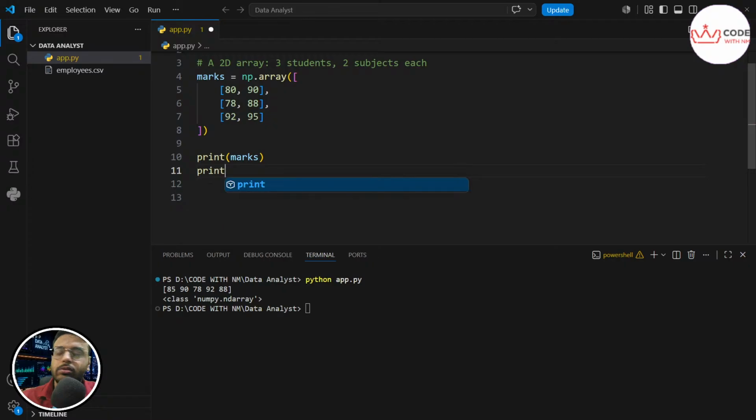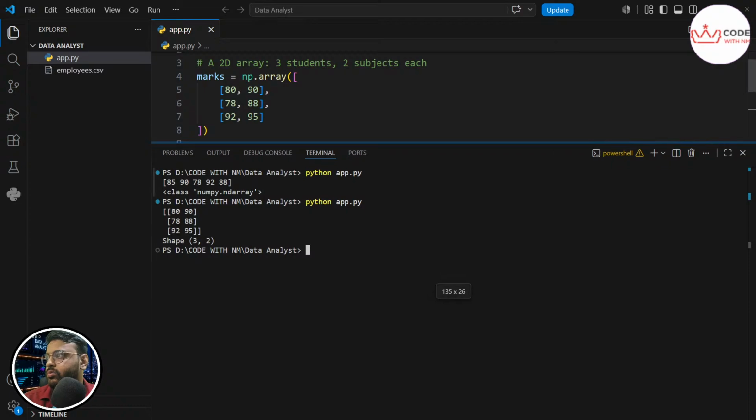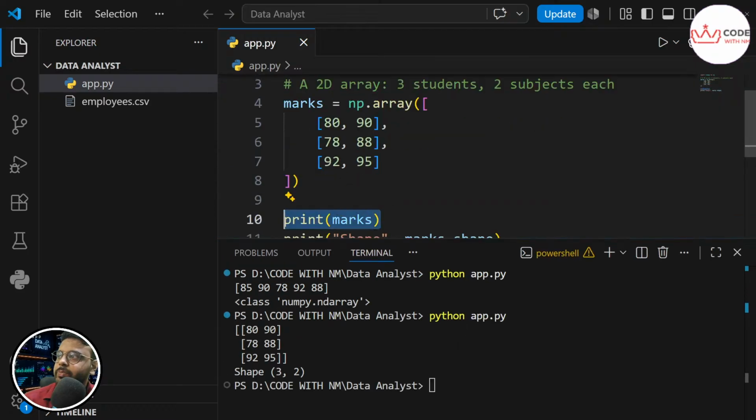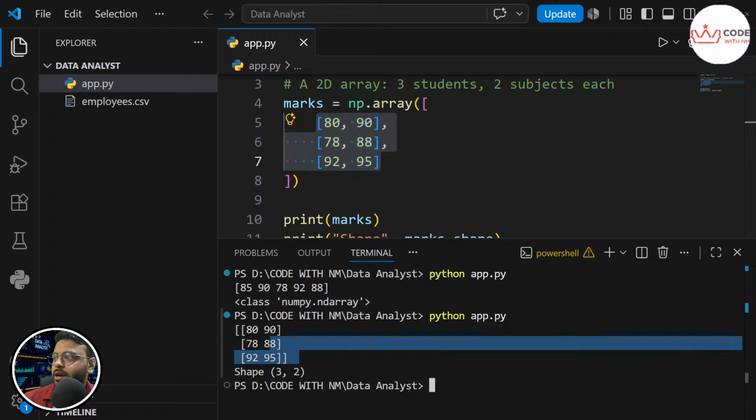Let me zoom out a bit, and let's say shape and colon, and this is something new, shape, and a comma. Okay, let's save it again. And if you see the output, the first one is simply the print, exactly how it prints.